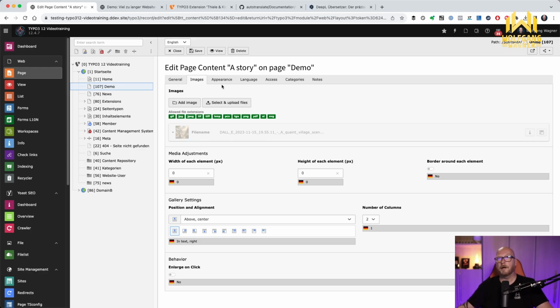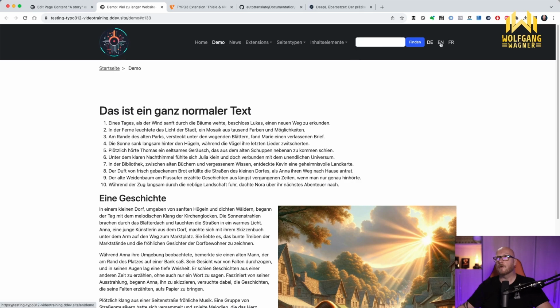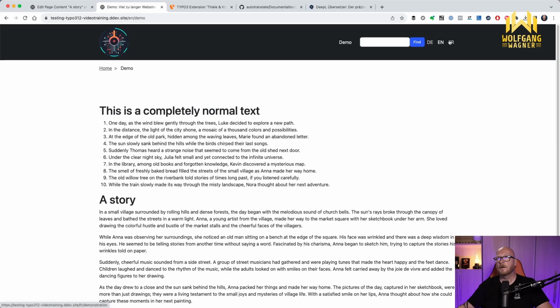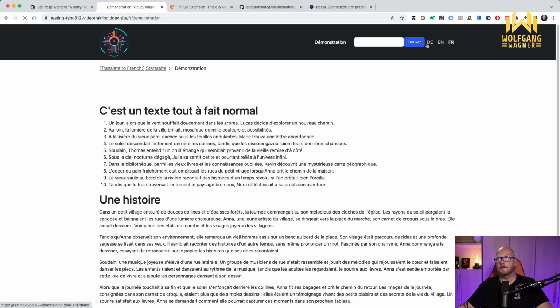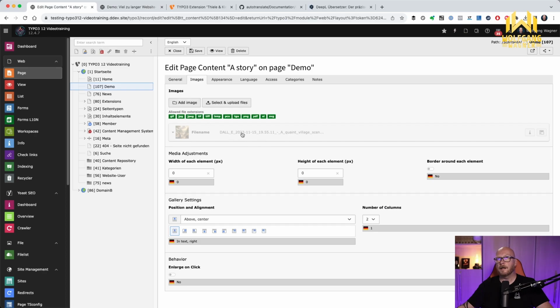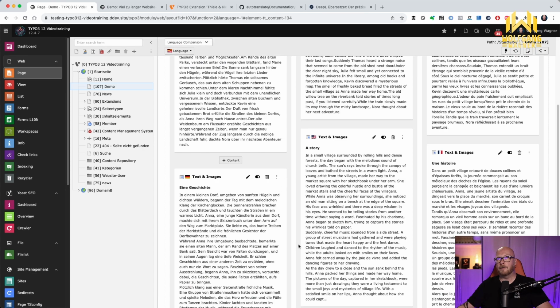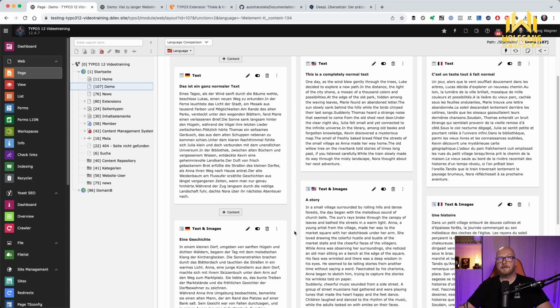Let's test how it looks in the front end. I've already had the German version displayed here. And then let's take a look at the English one. Yes, that's right. The picture is not there. And the picture also seems to be missing in French. But that's probably more of a problem in my configuration here, I think. I'd have to check that again. I don't think it's because of the extension, but it's more of a problem in my site configuration here, I think. But I think that's very cool.